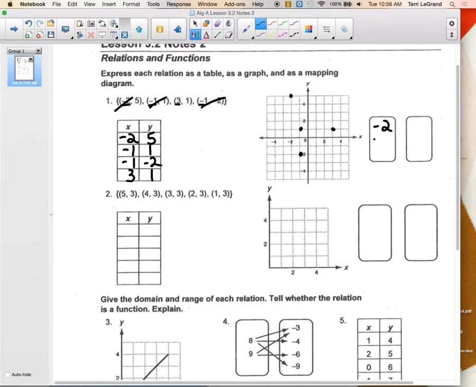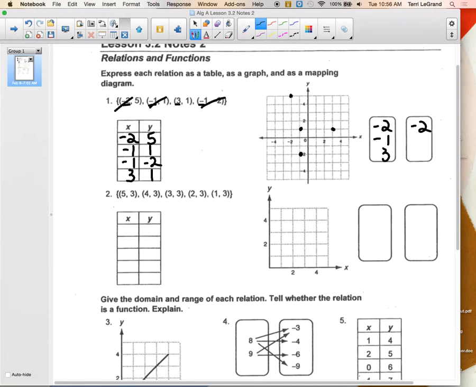-2, -1, and 3. Yeah, and we don't repeat that -1. Least to greatest, don't repeat any. So that first part of our mapping diagram, the left side, really ends up being our domain, and the other side is our range. What's our range? In least to greatest,